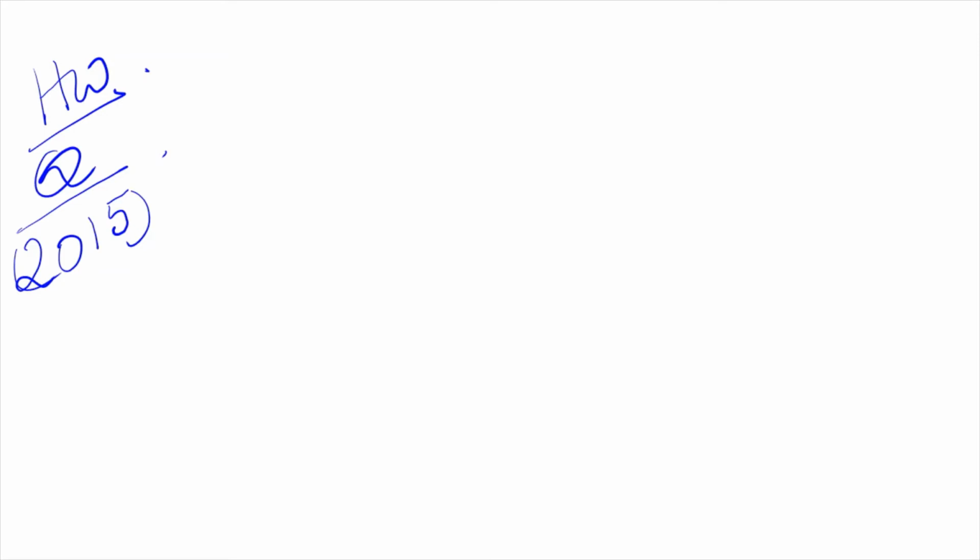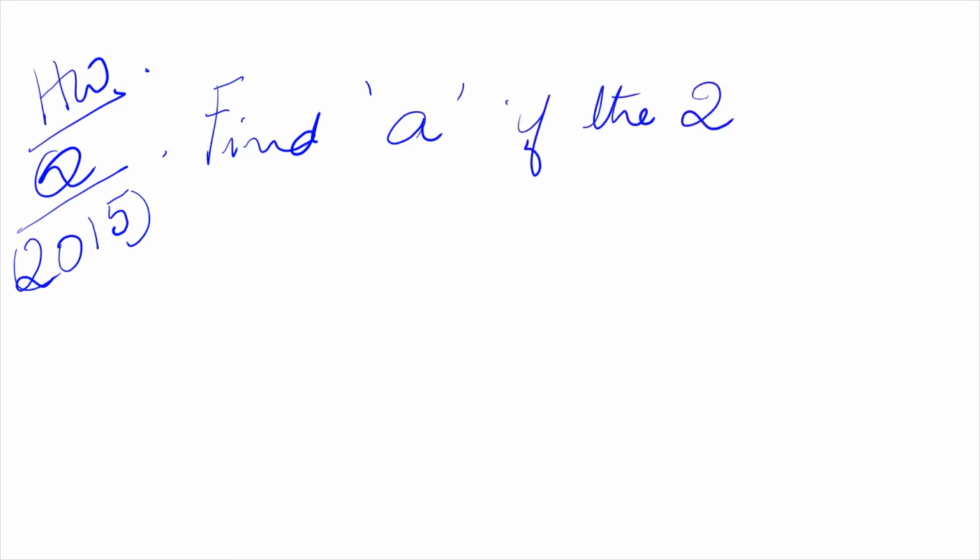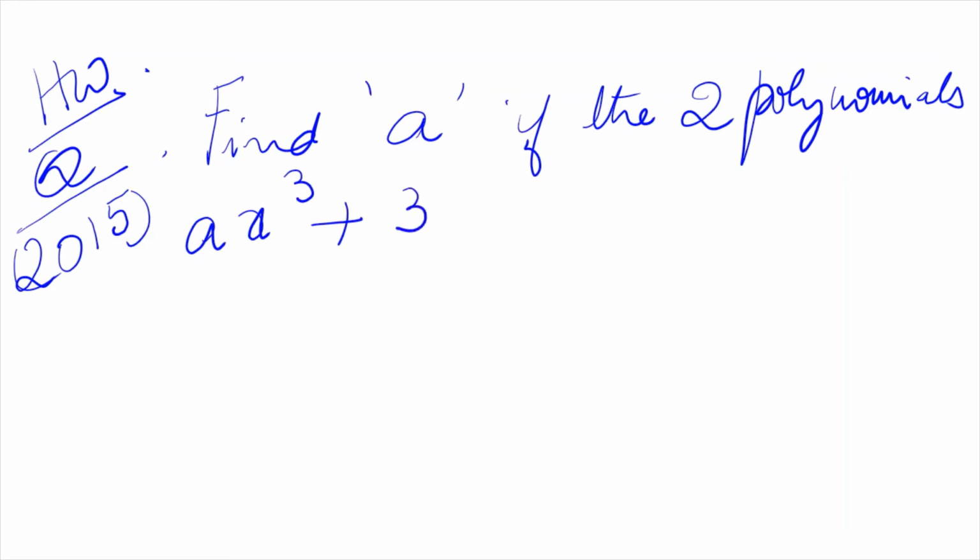So the question is, find a if the two polynomials ax cube plus 3x square minus 9